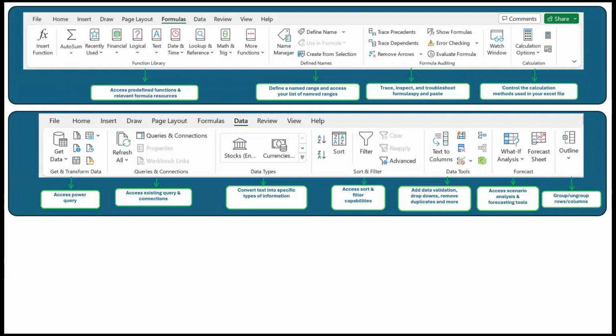Then calculations allow you to control the calculation method used in your Excel file. Then we will go to data, right? Now, data is just very simple. This data gives you the ability to import, export, or get in data from different sources. Now, when you look at the get data, or power query,